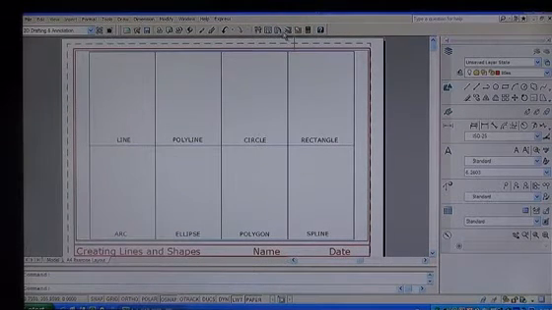Okay, welcome to AutoCAD Lesson 1, Creating Lines and Shapes. In this lesson you'll be learning how to draw lines and draw shapes, and that's basically it. Now the first area I want you to concentrate on in this AutoCAD